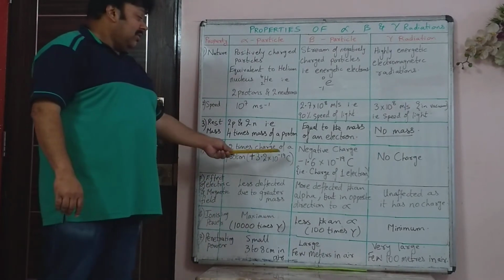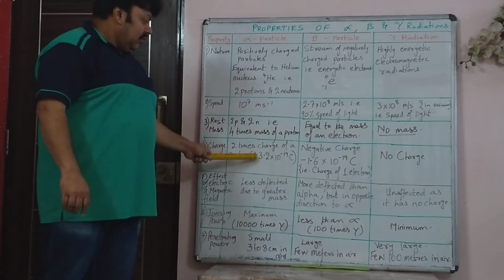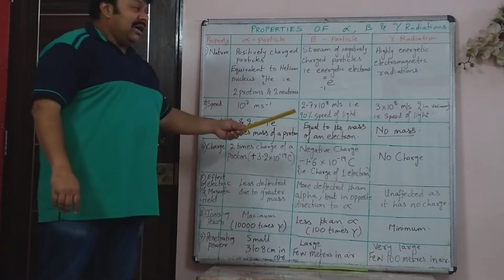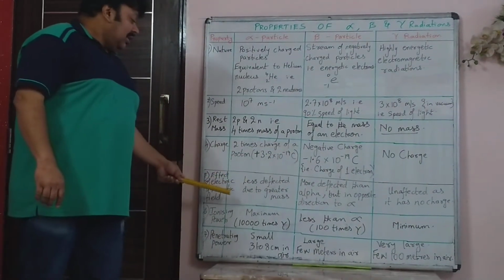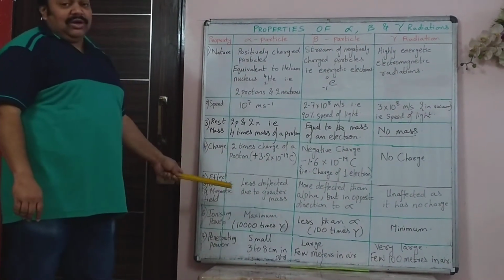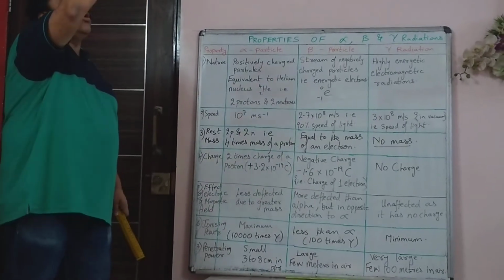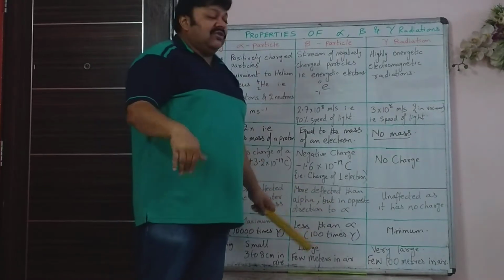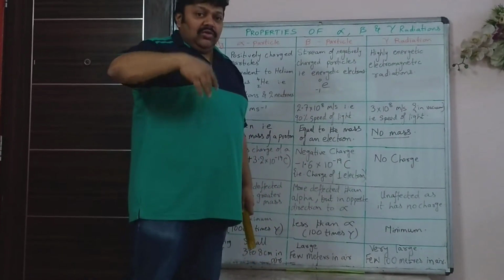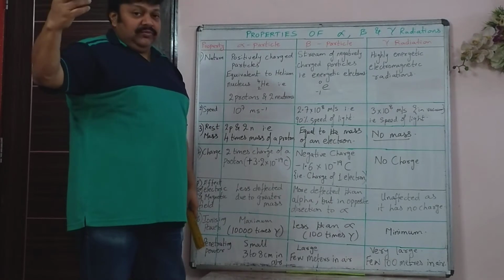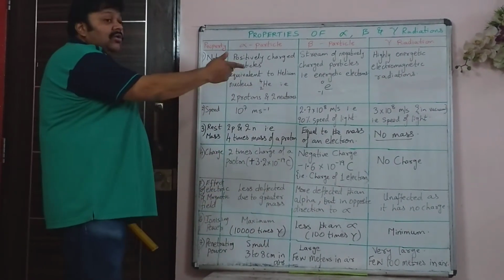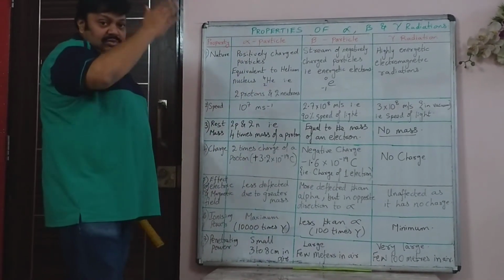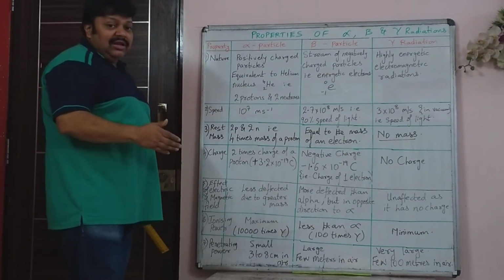So now this has got mass, and of course it has charge, so it will get deflected in an electric and magnetic field. But since its mass is more than beta, it will get less deflected. Alpha gets less deflected. You saw it comes out and then it moves. Whereas beta has much less mass. It has got charge, so it gets attracted towards the other terminal. It means if this is going to the left, that will go to the right, because on the left it will probably be the negative terminal of the electric cell.